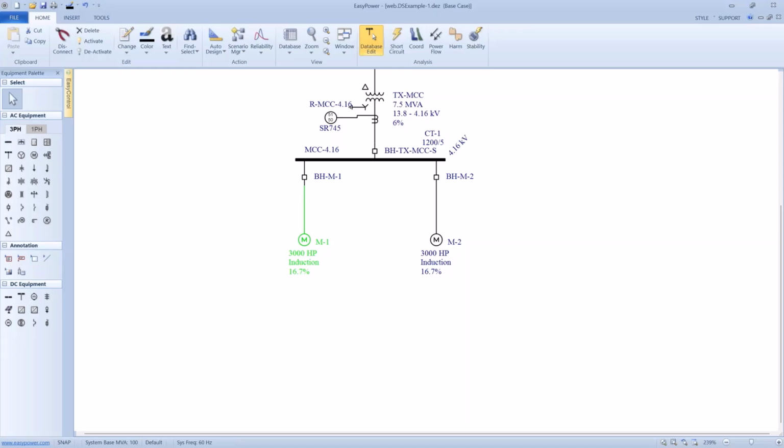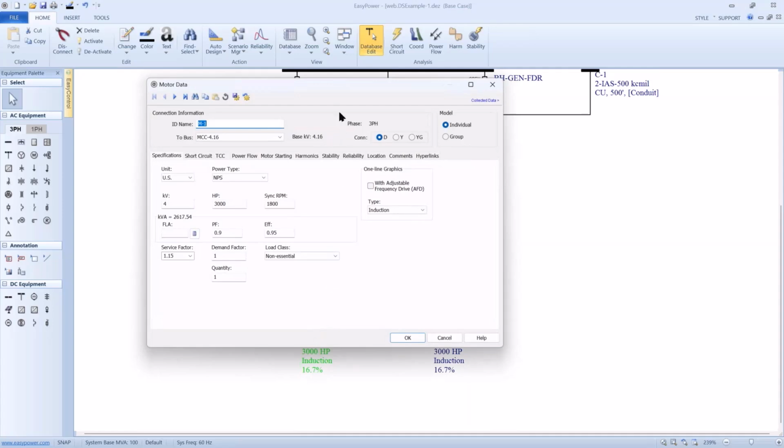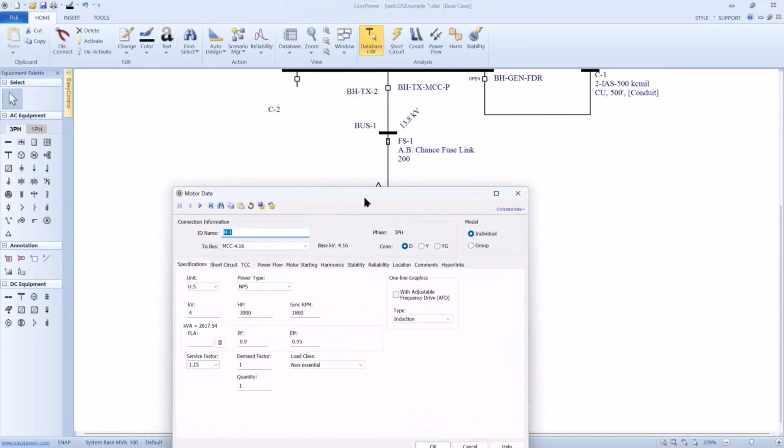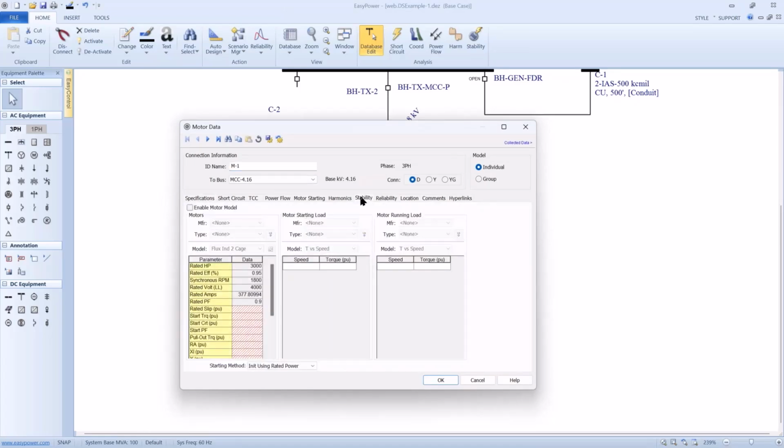So I'm back in database edit. I'm going to open the model for the motor itself. Now every element that can participate in dynamic stability has a tab called stability in its setup. And for motors, we need to activate the motor model. And then we have a choice of doing a generic, a plug-in, a Rockwell, or a Siemens. Rockwell and Siemens are significant